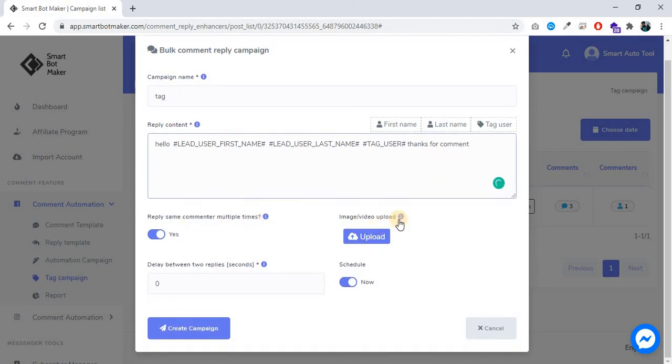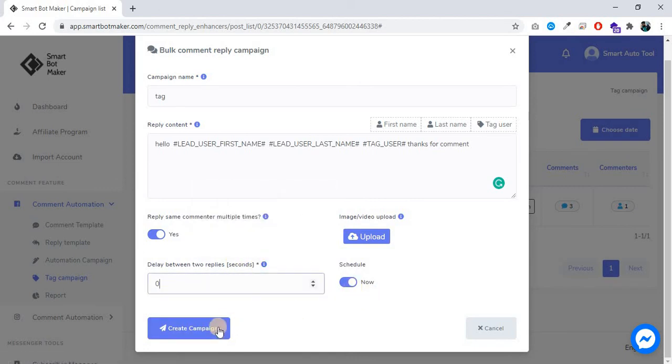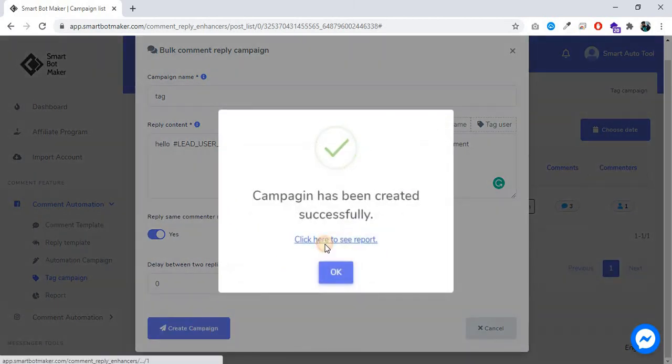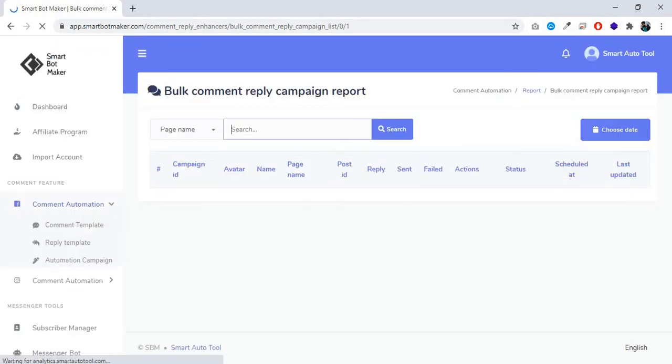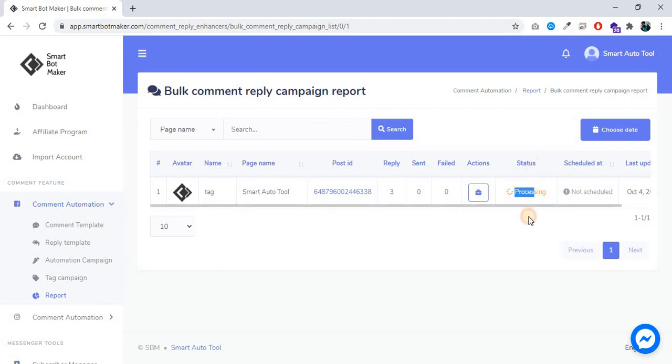If you want to upload image and video, upload here. Delay button means reply delay in seconds, 0 means random. Create campaign. To see report, now wait. Now status is processing,